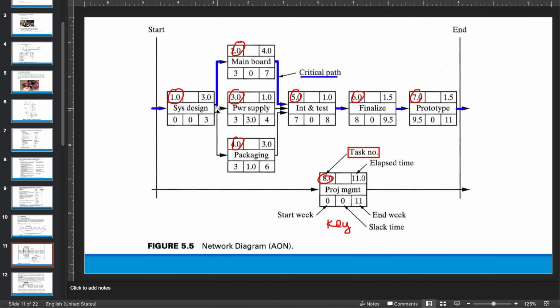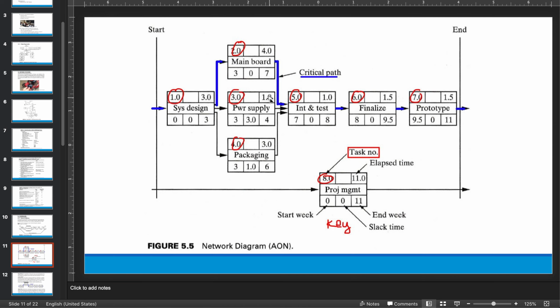So now I want you to pay attention to this blue line that I'm showing you here, because this is indicating a critical path. A critical path is the following. This is deemed to be more critical than the 2 below it because it takes the most amount of time. It takes 4 weeks. These only take 1 week and 3 weeks, so they have some slack time essentially associated